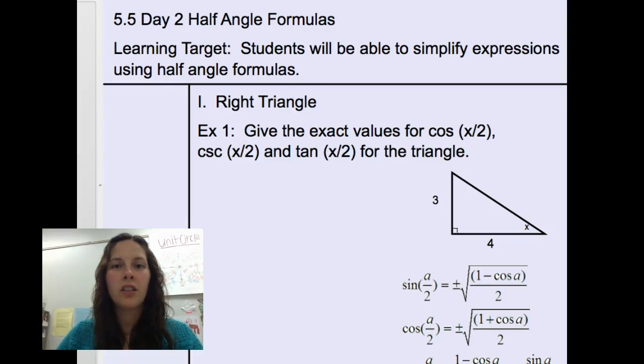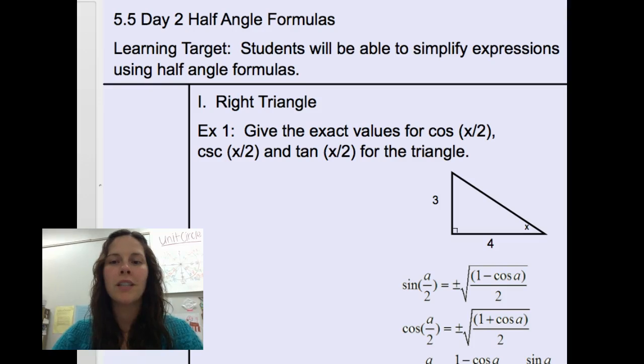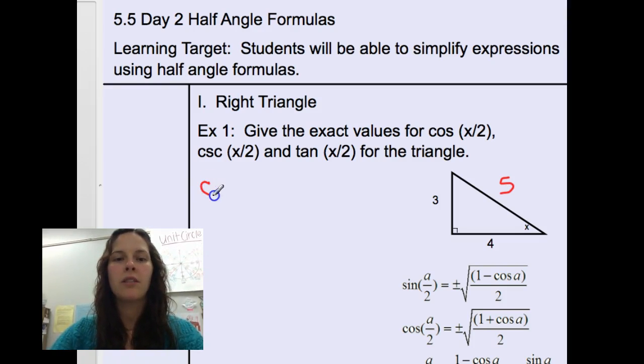The next formula we're going to look at are the half angle formulas. So yesterday we saw the double angle formulas, now we're looking at half angle. So if you remember this Pythagorean triple, it's 3, 4, 5. If you don't remember, you can always use Pythagorean theorem to solve for that missing side. Alright, so we're going to start by setting up cosine